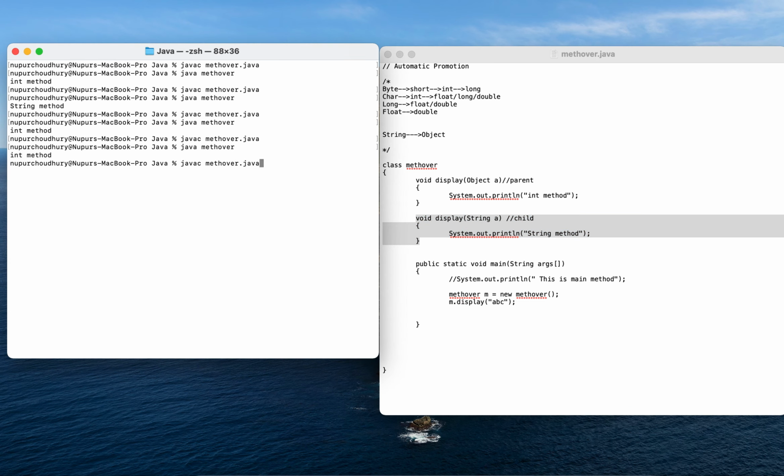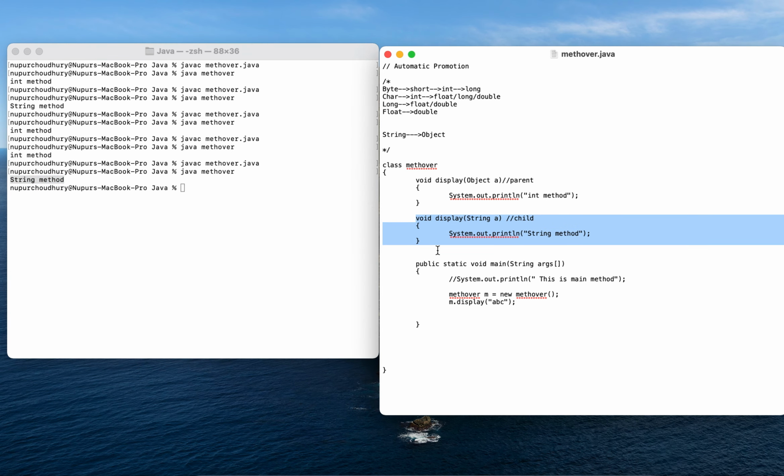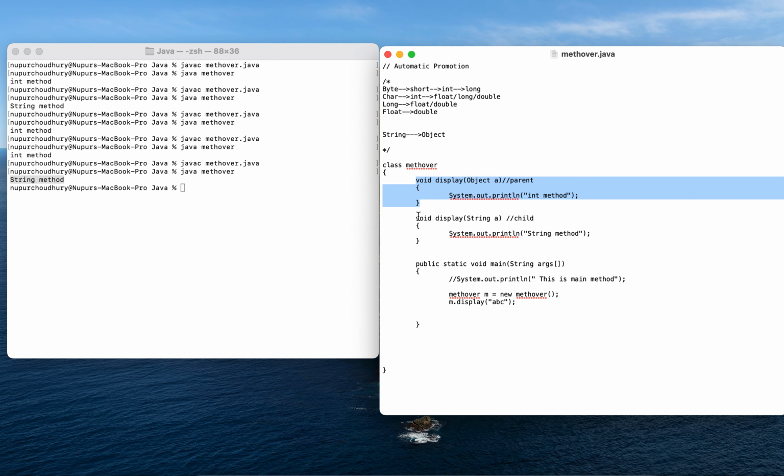what is the output that we get. So if I'm giving Java C and then I'm executing this, it is giving me the display statement which is inside the child method. Okay, so this is also a property of Java which says that while resolving overloaded methods, suppose there are two different overloaded methods, the compiler will always give preference to the child type argument compared with the parent type argument.